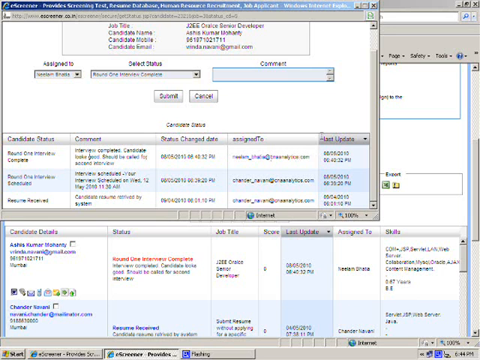Thus, the use of eScreener completely automates your recruitment process. When a new account is created, a default recruitment process is created. However, you can define your own process. See our video on customizing recruitment process for